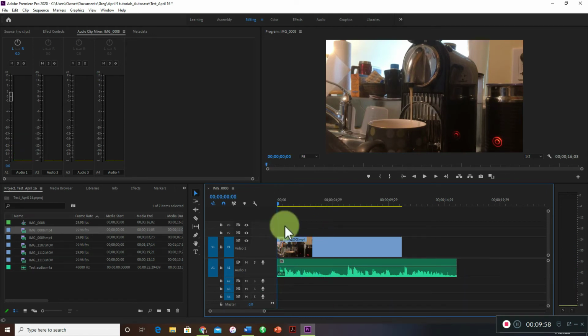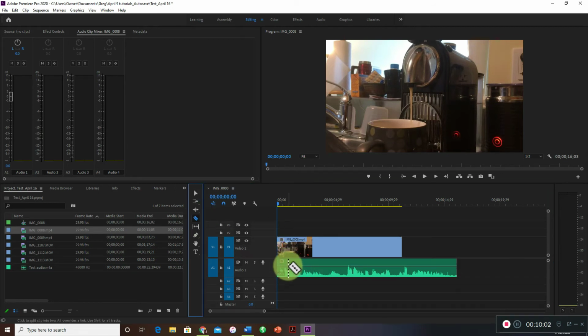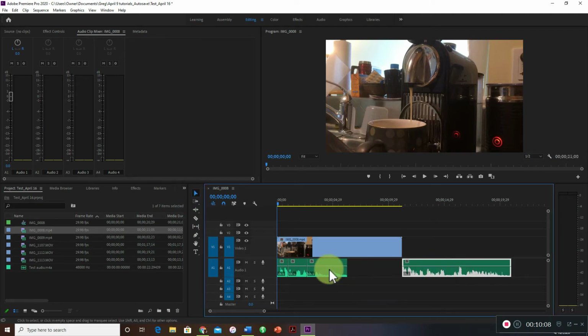Okay. So what you can do is put any amount of cuts anywhere you need, right there say, and right there, and right there, and drag your audio clips around just as you would video clips. You can even put them over one another, okay, so you can drag it down to this track down here,